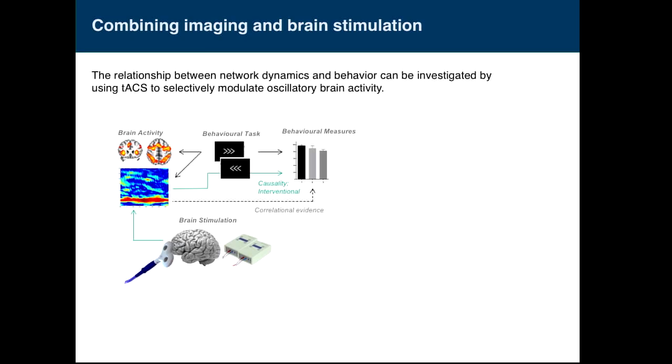So the idea here, what these techniques can give you, is going beyond correlations, as Teal was saying. The typical approach for many years has been that you get participants to the lab and they perform a particular task while you measure their brain activity. What we want to do now is to go beyond this and be able to directly manipulate particular oscillations, particular brain activity, and see how this impacts on behavior.